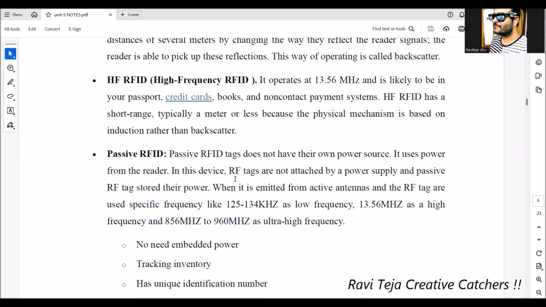Coming to the main types, one is passive RFID and another is active RFID. You need to know the difference between these two. Passive RFIDs are majorly based on short range communication, which contains an RFID tag and an RFID reader. Whenever a tag is brought near the RFID reader with a very small gap, about a centimeter distance,